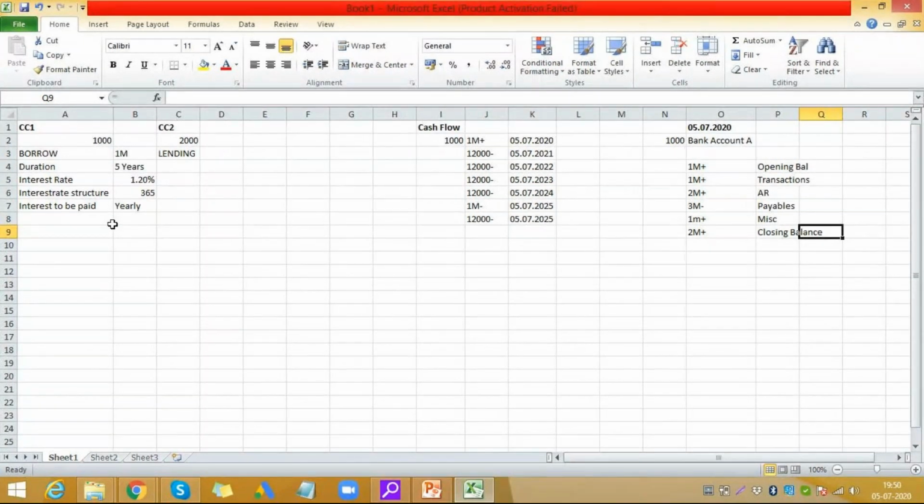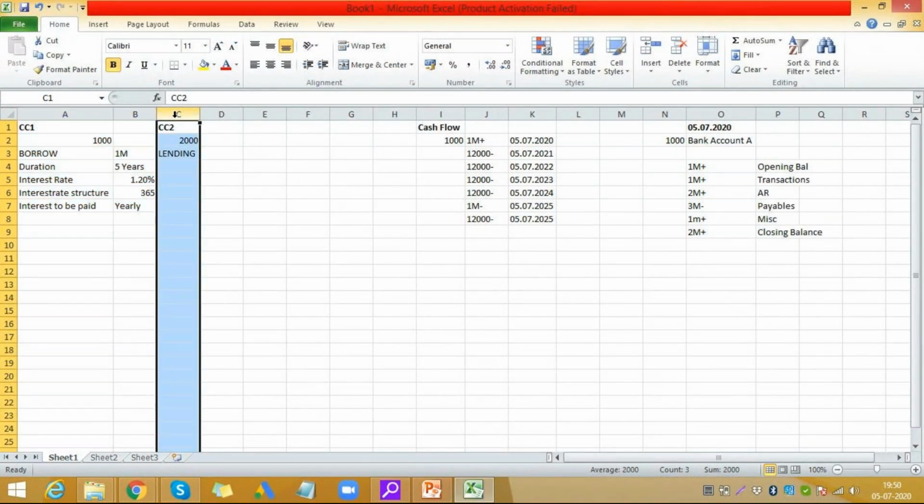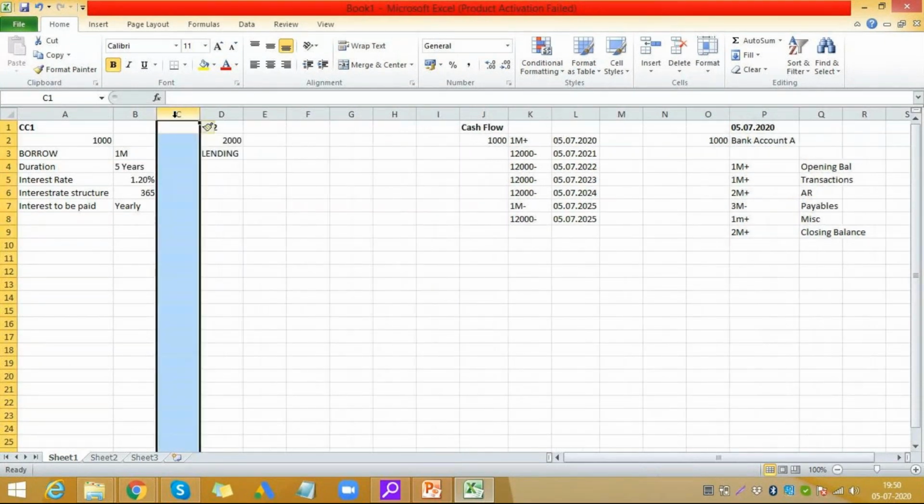Now, what SAP gives you, the most interesting part, this is a special case again. This is company code 1000 and this is 2000. You would think that in a general scenario, you will have to create two deals, right? And this is a pain point for a lot of people, especially in TMS where it's not visible.